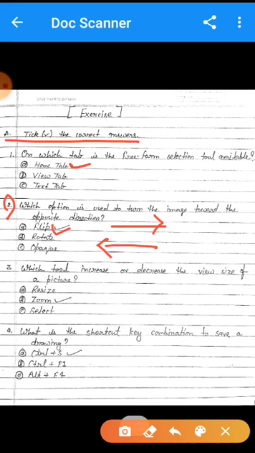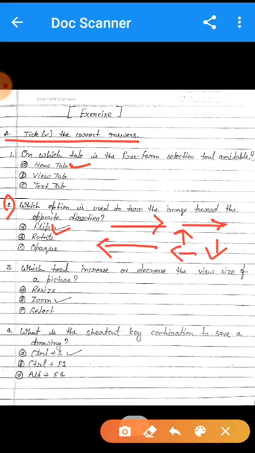Now, rotation. Suppose this arrow is headed to the right side, then it will turn like this, then again it will turn like this, and then again it will turn like this.